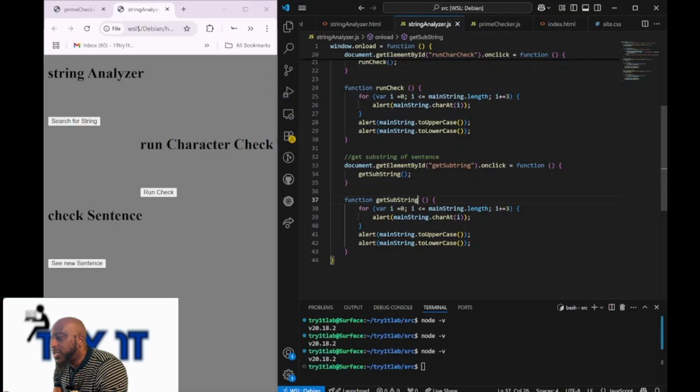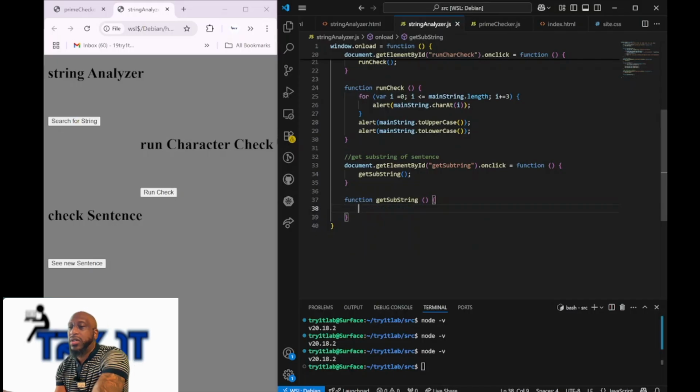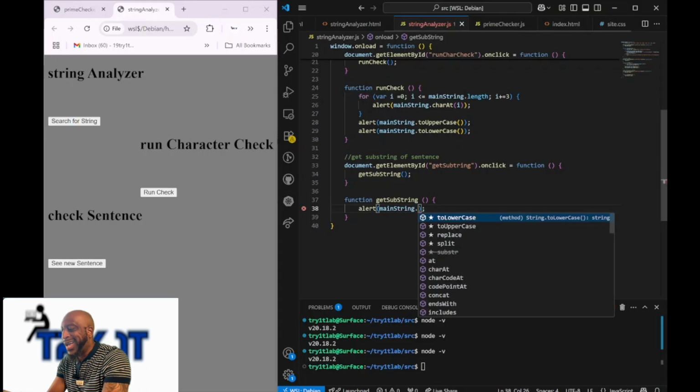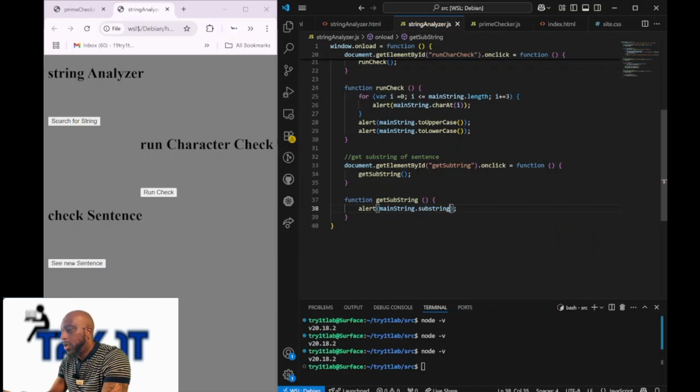So we don't need this for loop no more. We're going to just get that out of here. Now we have a brand new function here. When we hit our button, we're going to come down here. Now, what do we do? This is really easy. Try it. Please feel free to pause the video and do it, even though I see I got half of it up here already. You can still pause your video and see if you can work this out yourself. We're going to do alert main string dot substring